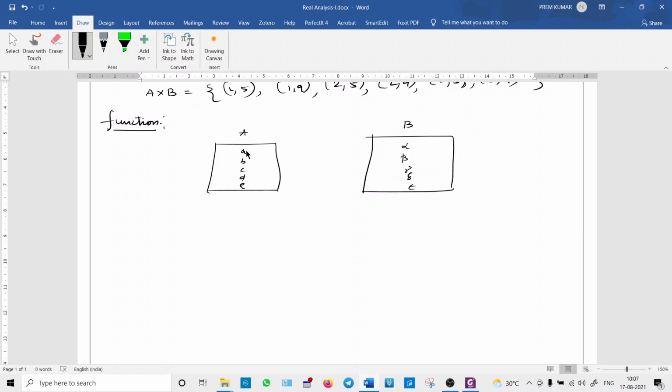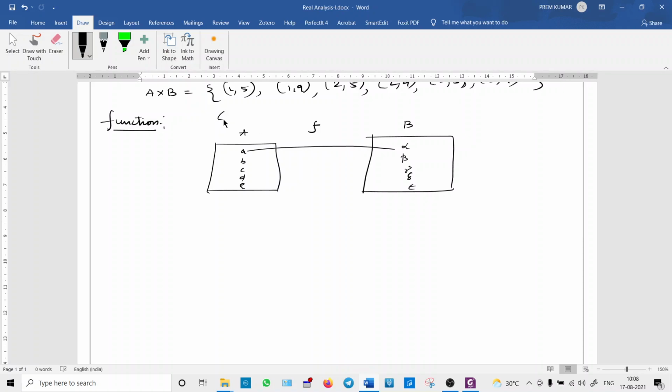So now I just map this function. Suppose what is the function definition? It is a correspondence, or it maps each element in A to a unique element in B. So every element must be mapped to what? A unique element in B. That is very important. Unique element. Suppose a is mapped to alpha, the same a should not be mapped to beta. That is not allowed. That is why every element should be mapped to a unique element in the other set B.